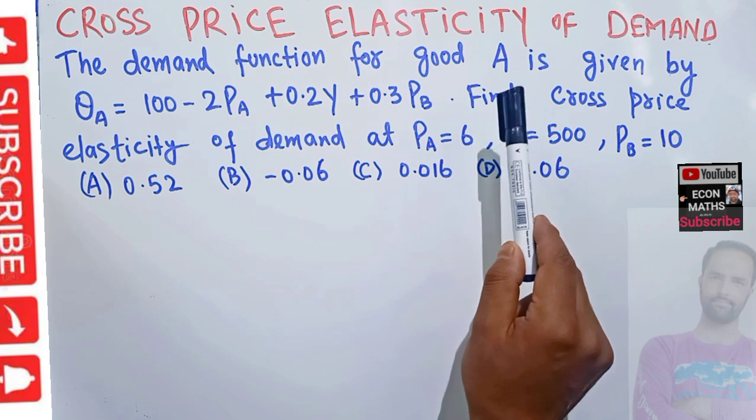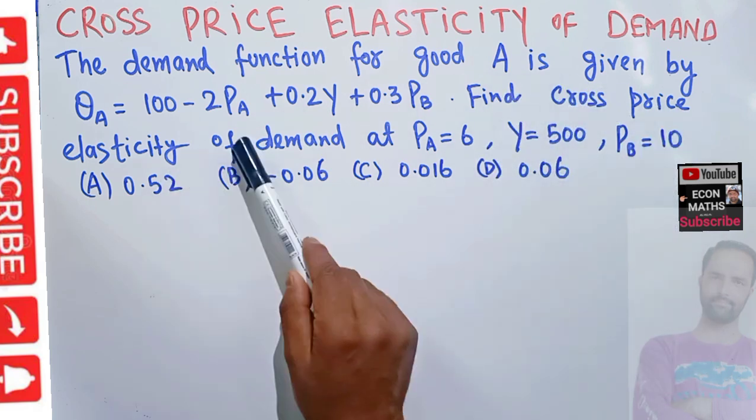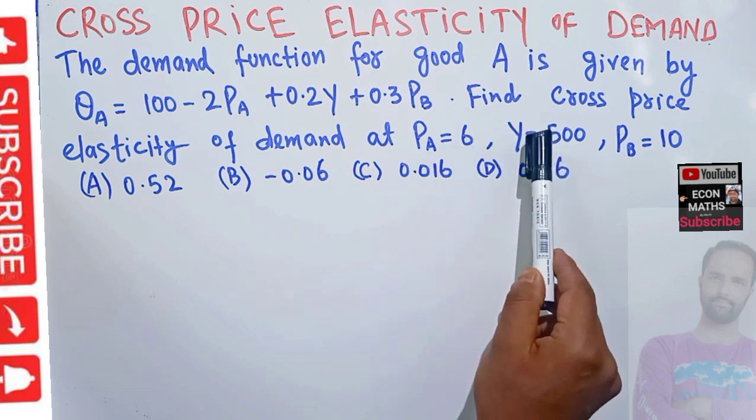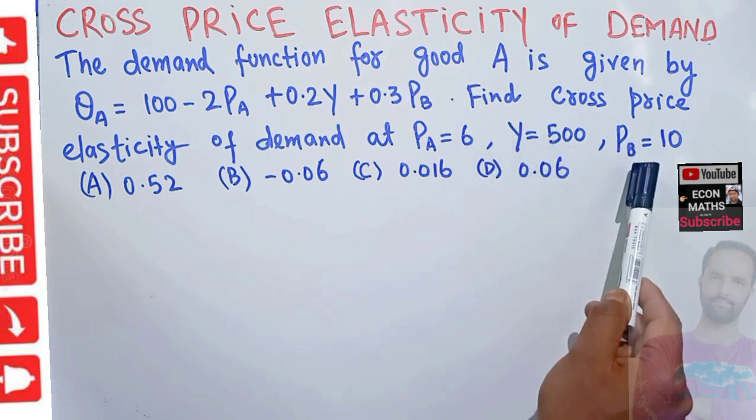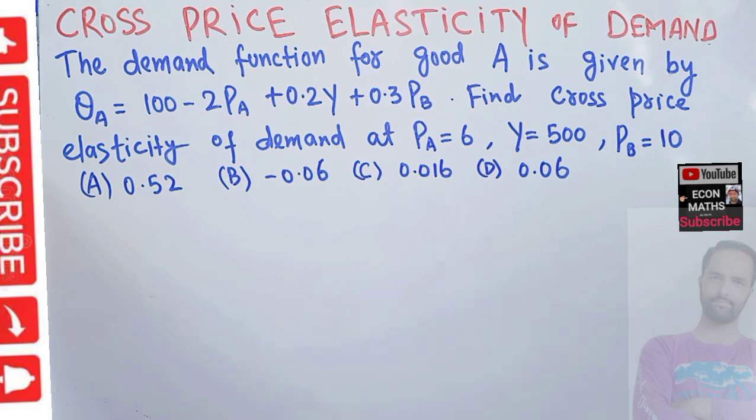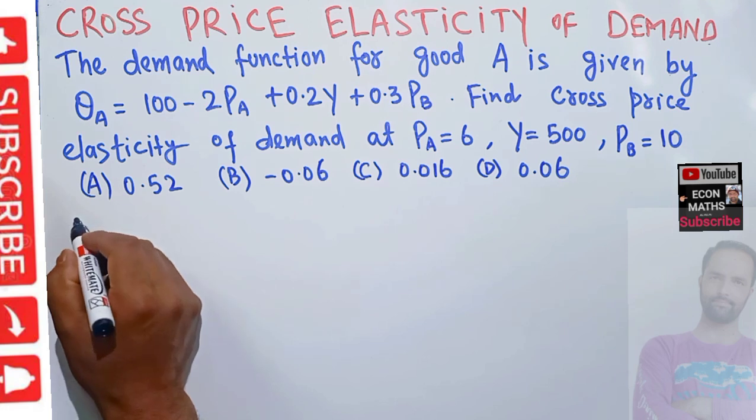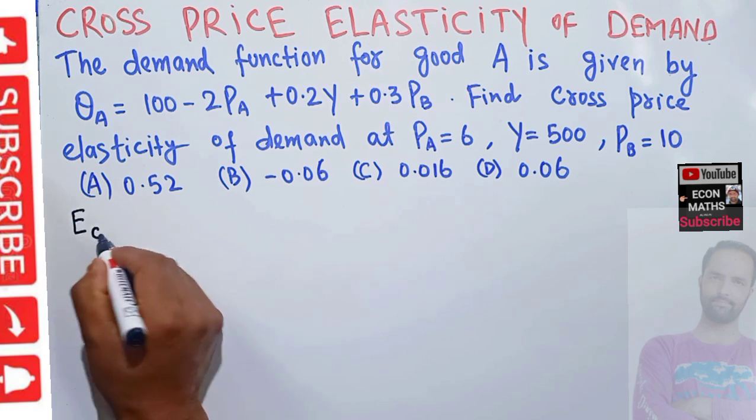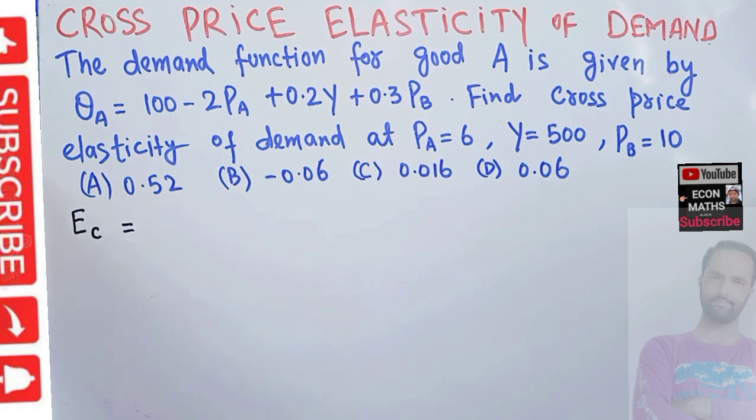We need to find out the cross price elasticity of demand when the price of good A is 6, income is 500, and price of good B is 10. The options are being given. We need to find out the correct option. So what is the formula for cross price elasticity of demand? Let me write it here. Cross price elasticity of demand, let's denote it by E subscript C, is given by